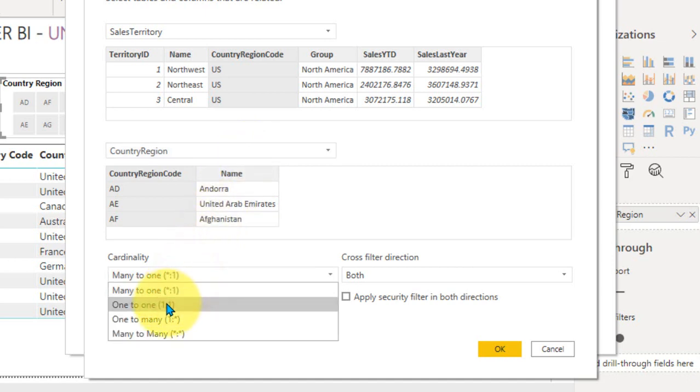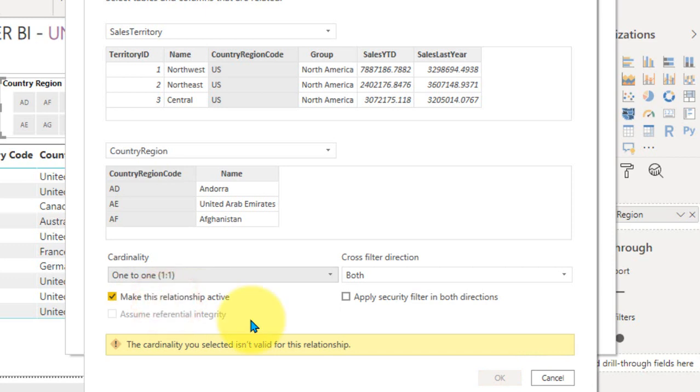The next one is one to one. Say, for example, you have two data sources, one from SQL Server and one from IoT devices. Users enter data in your application using ERP software, and it is stored on the SQL Server, and the IoT devices are pushing data to your server as well. In that case, you need to keep a master table for each of the two data sources, and if you want to make a relationship between these two tables, you have to select one to one, because both of them are masters from different sources and both will have unique records. That's why you select one to one in that case.